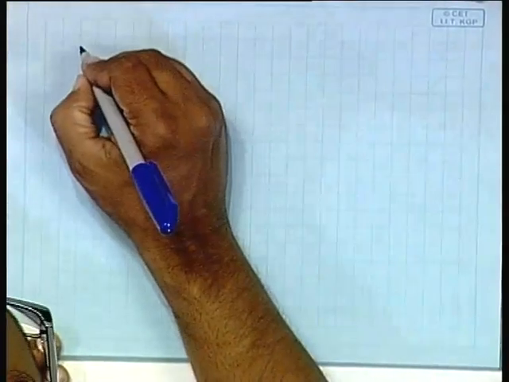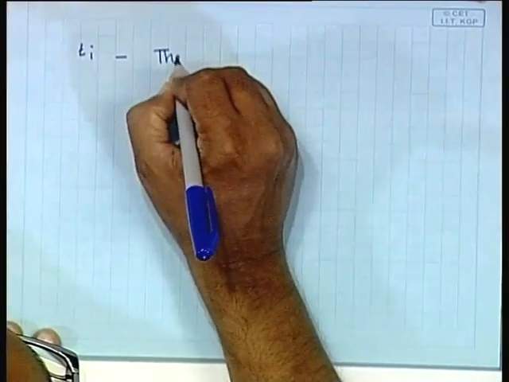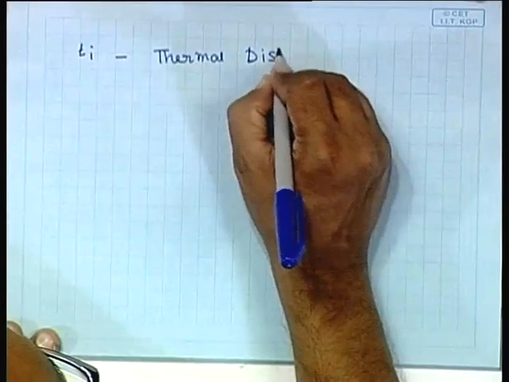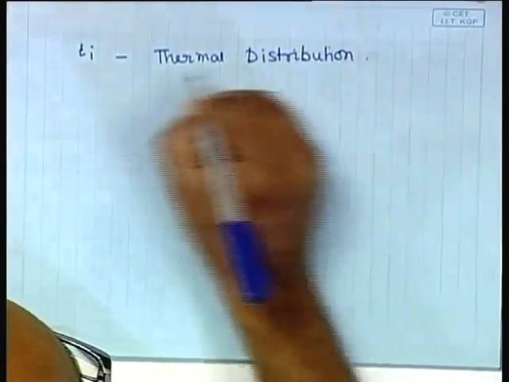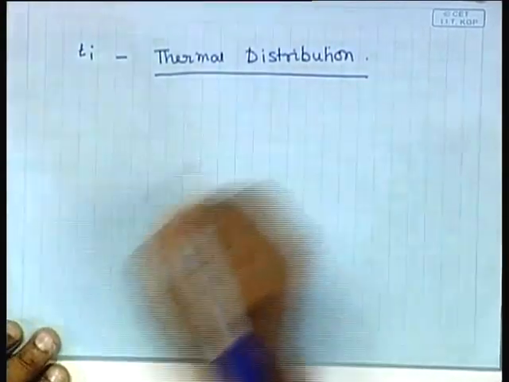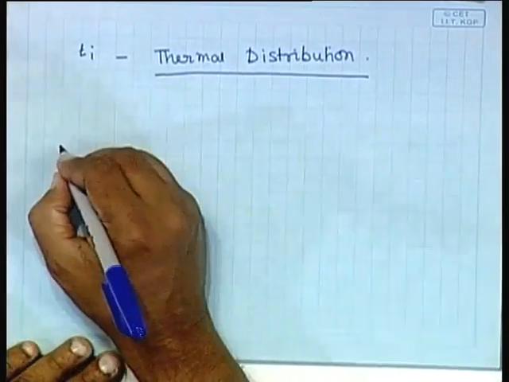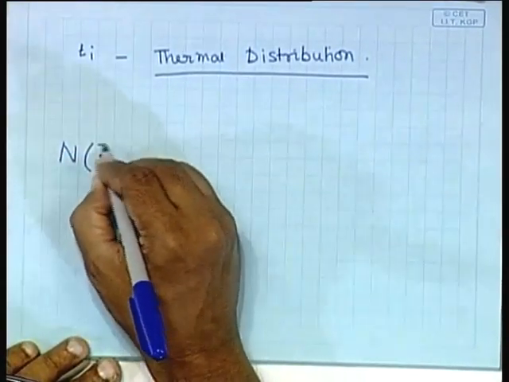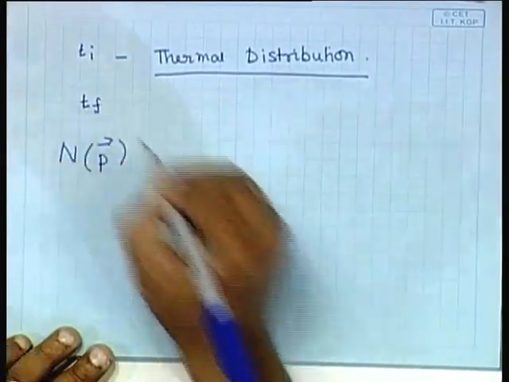So, at the initial time Ti we have a thermal distribution, and I want to calculate what happens with the expansion of the universe. So, if I now want to calculate n, the occupation number at some later time Tf,